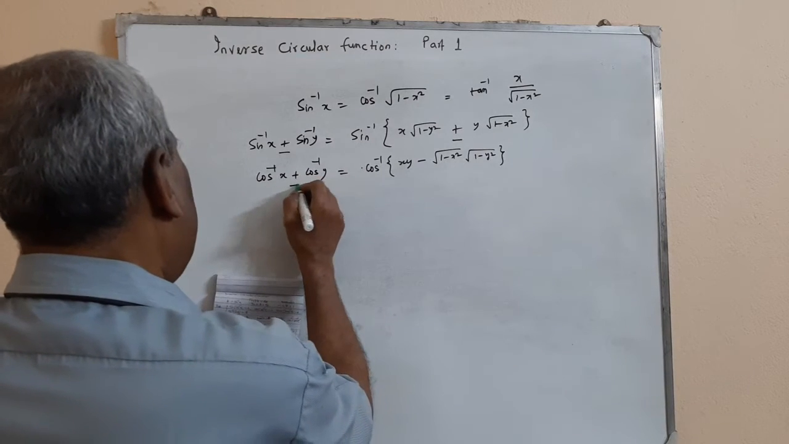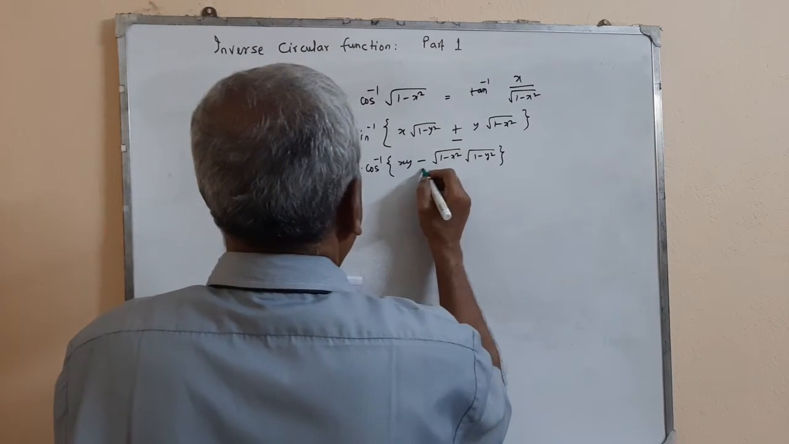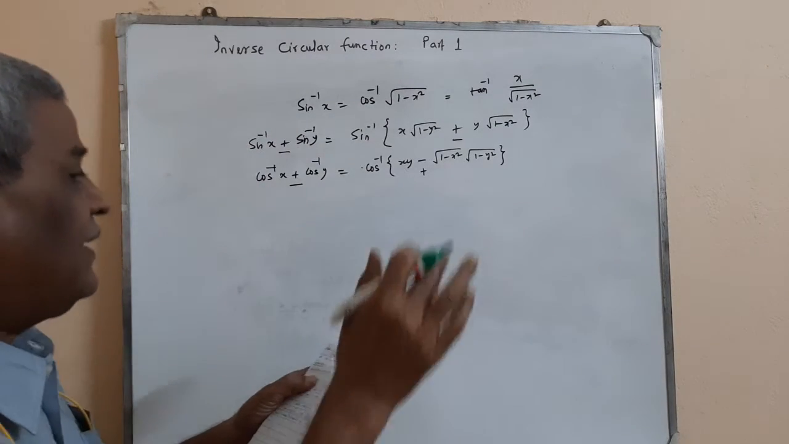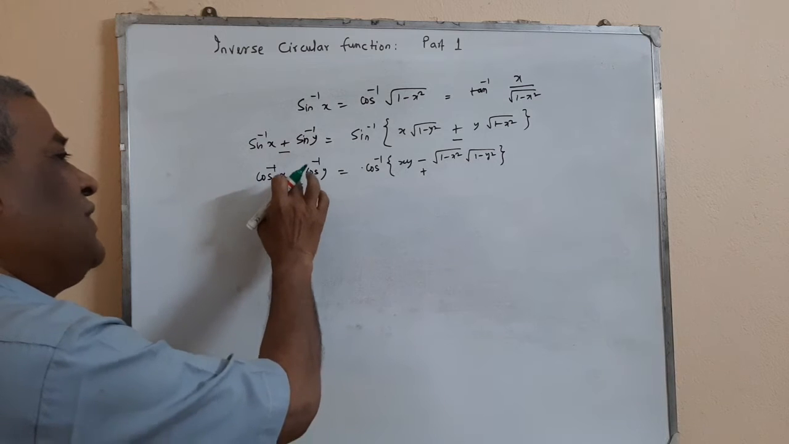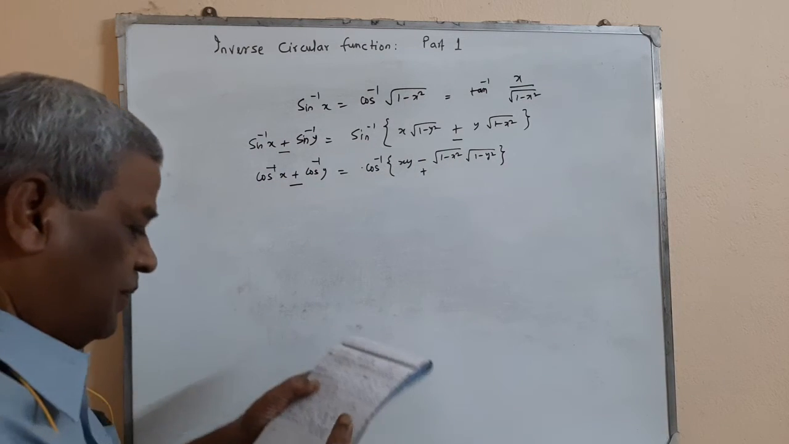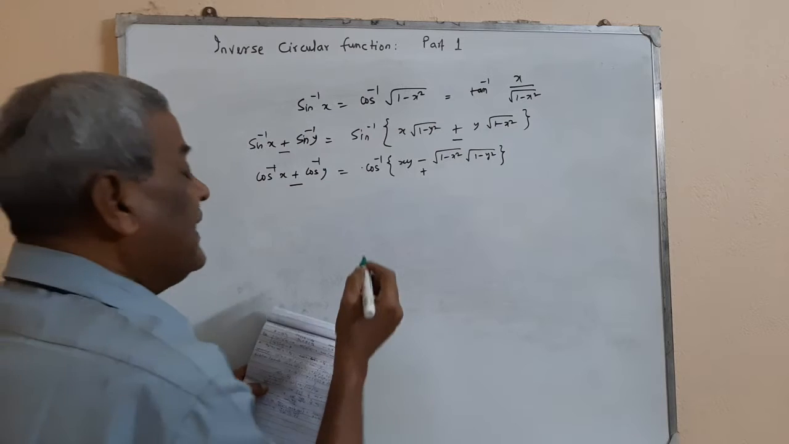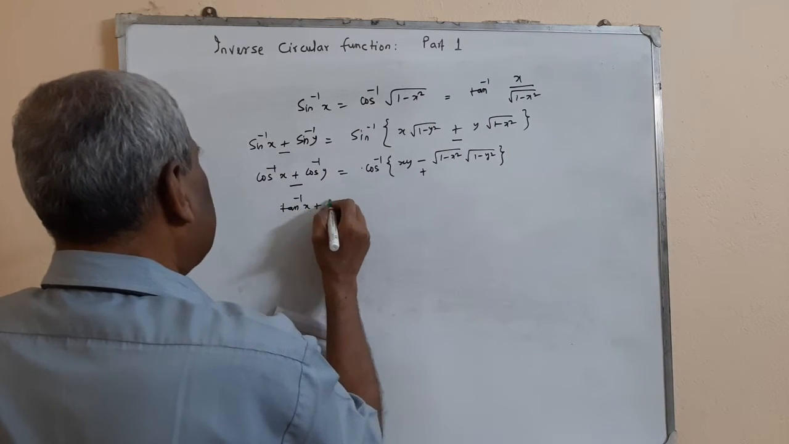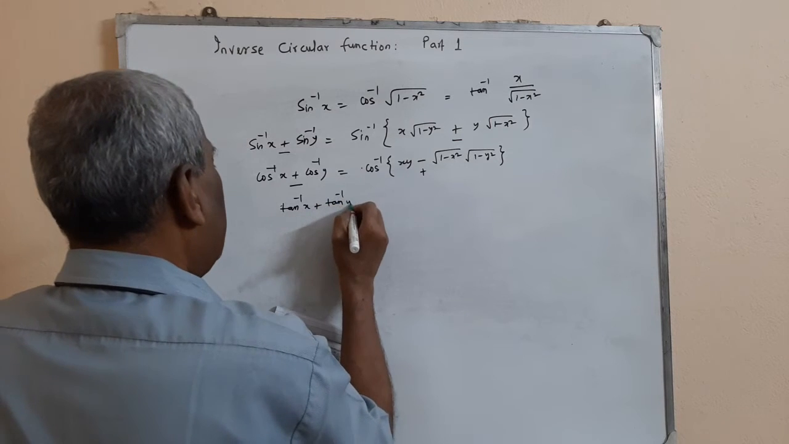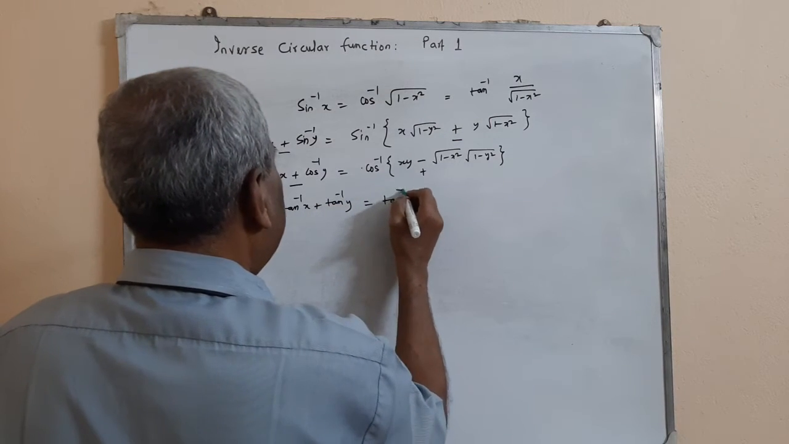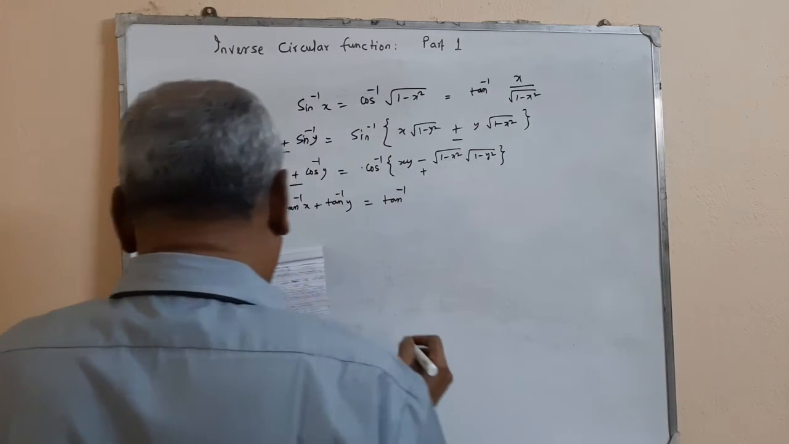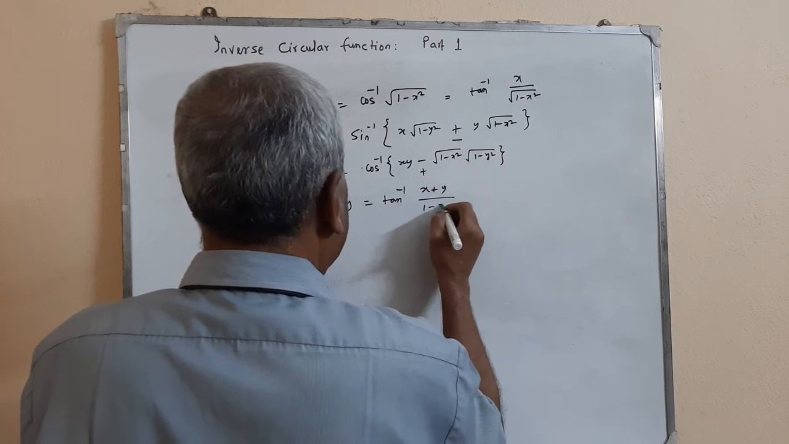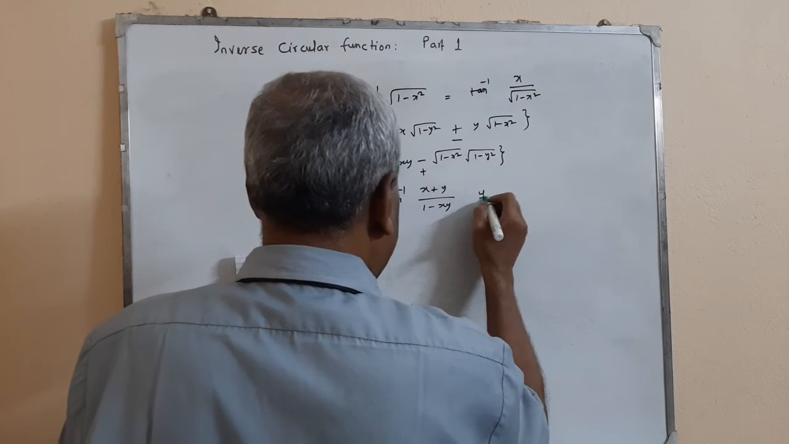Cos inverse x minus cos inverse y, this sign will be positive. I am not lengthening, just remember, if it is negative, then that is positive. And finally, tan inverse x, it is very important. Tan inverse x plus tan inverse y is equal to tan inverse of x plus y by 1 minus xy, provided